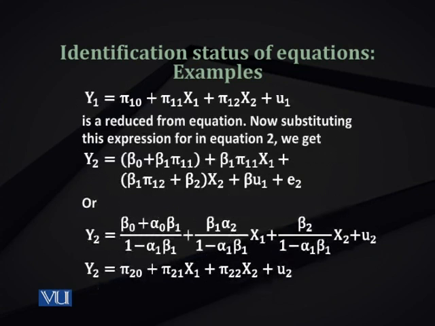So if we substitute this first equation which we derived into the second one, we can get the second reduced form equation. For example, if you look into the screen, you will see that we have y1 is equal to pi 1 naught plus pi 1 1 x1 plus pi 1 2 x2 plus u1. u1 is a composition of different error terms. When you solve the equations, you have different terms containing the residuals. You will bring them together and label them as u1.